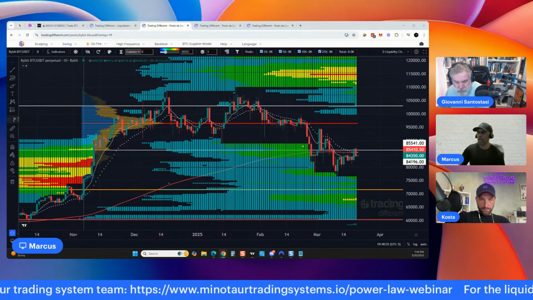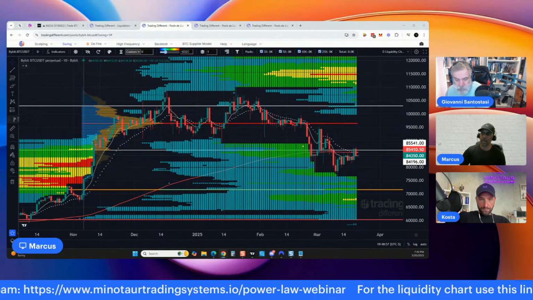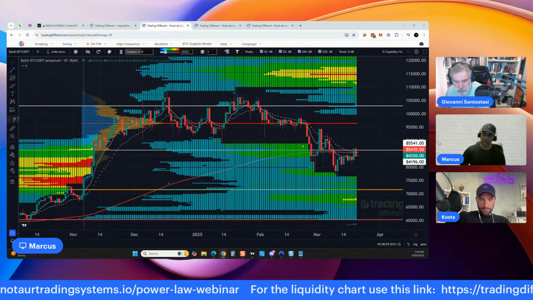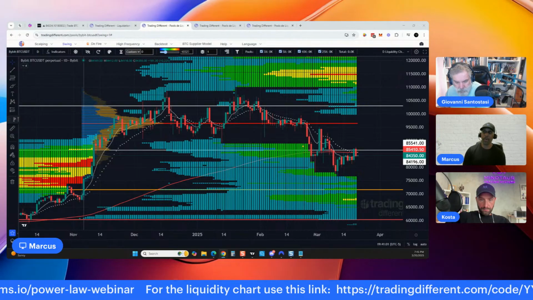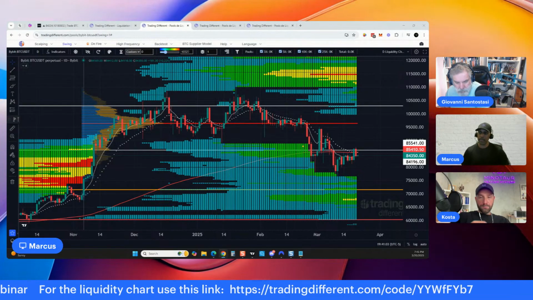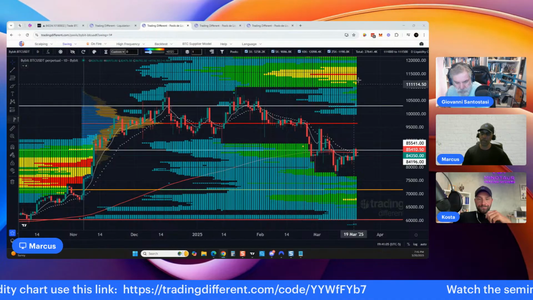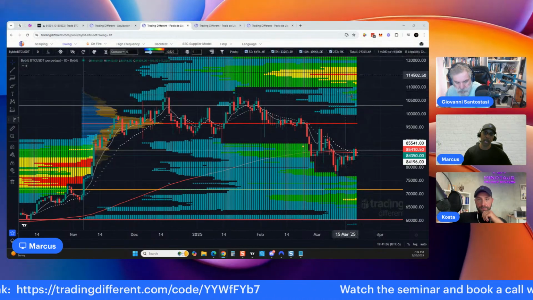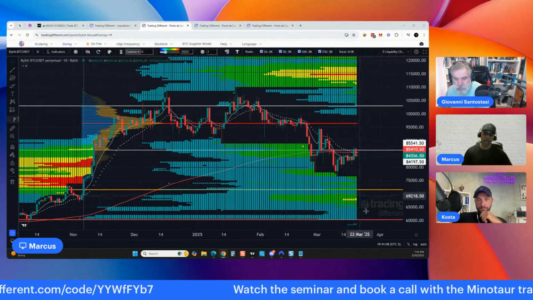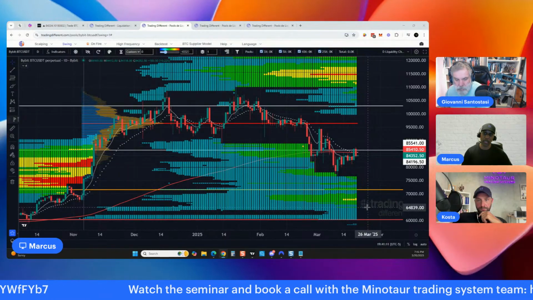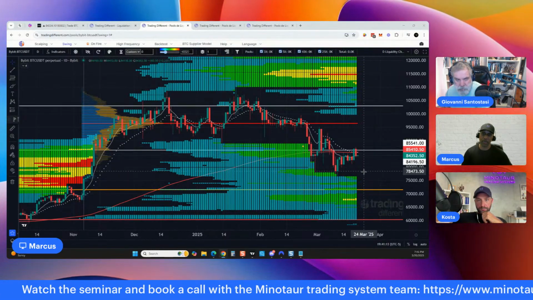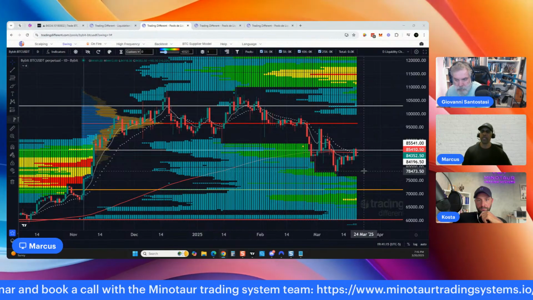So what you see here on this particular screen is the daily time frame. You have a volume profile in the middle, and you have the liquidity above, which is the short side liquidity, and the liquidity below is the long side liquidity. We can see that the price currently on Bitcoin is 84K. And the reason we use